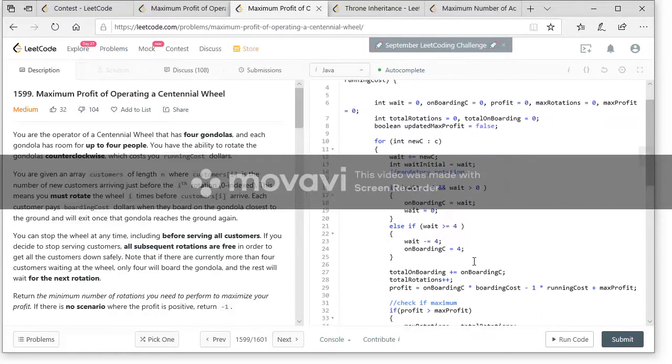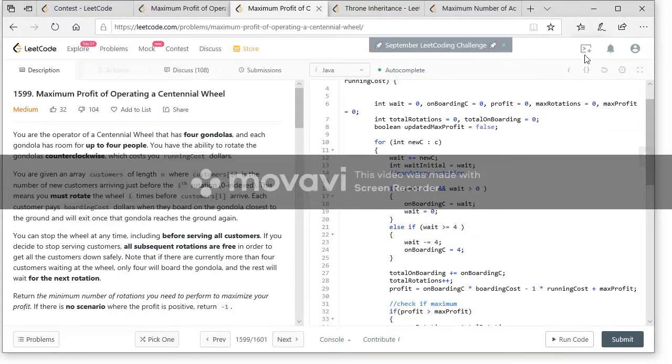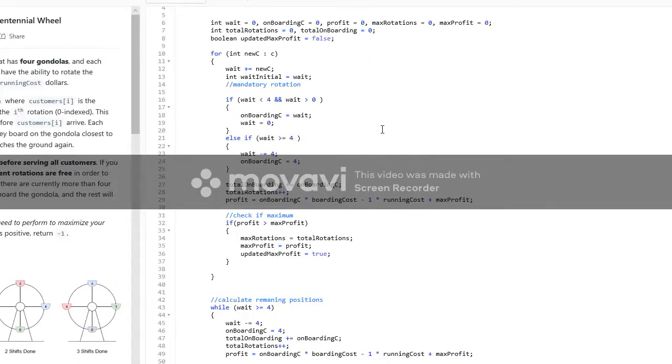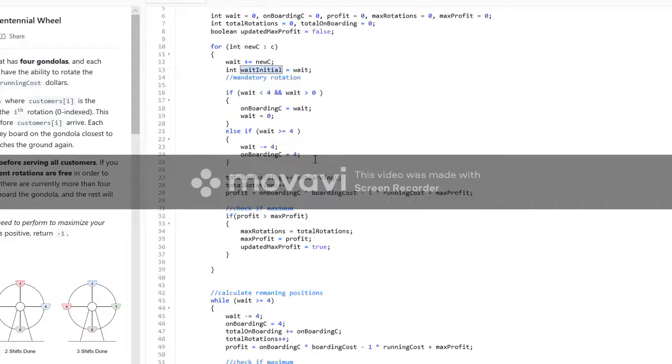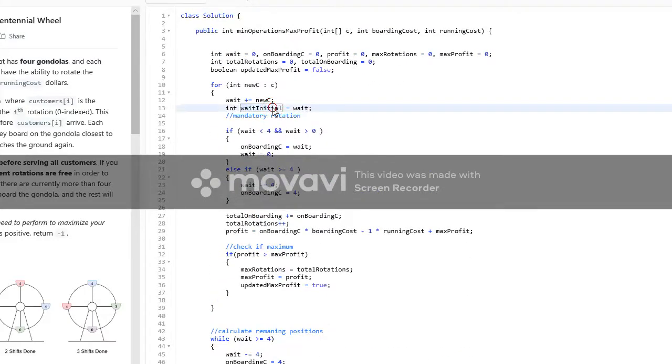That's about it, guys. So what do we have here? We have some variables to do the math, and we have this very important variable, which is the waiting clients. In each iteration, I accumulate and calculate the waiting clients.